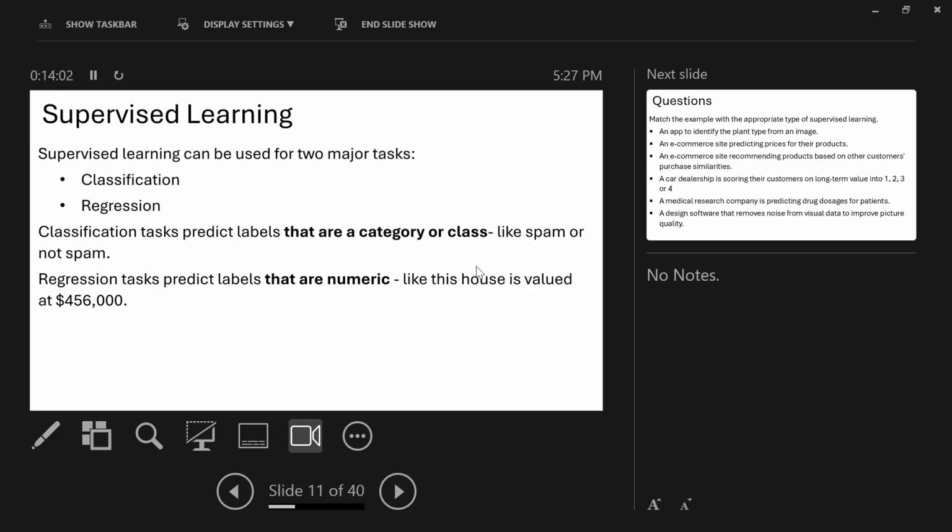So that's supervised learning. Supervised learning can be divided into two: classification and regression. Classification is predicting labels that are in a category or in a class. You are predicting discrete things. Like for instance, if you want to differentiate between a zebra or a horse, there are two things, zebra and horse.